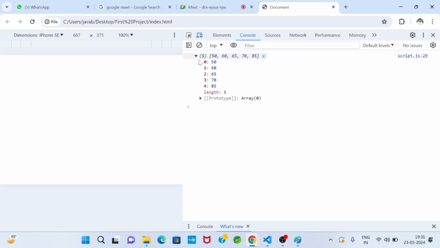You see, automatically zeroth index, 1 index, 2 index, 3 index, 4 index are created. Zeroth index value 50, 1 index value 60, 2 index value 65, 3 index value 70, 4 index value 85, and automatically length is also displayed. Length means the number of data items present. So 1, 2, 3, 4, 5, length is 5.